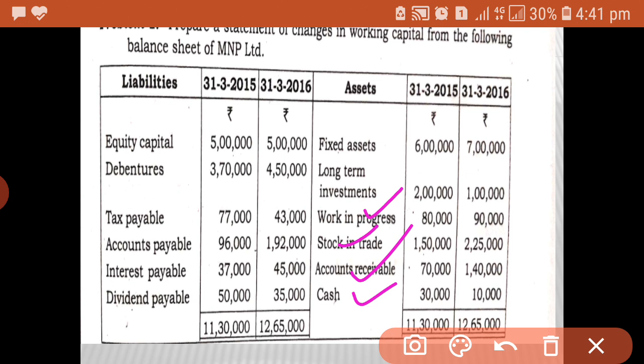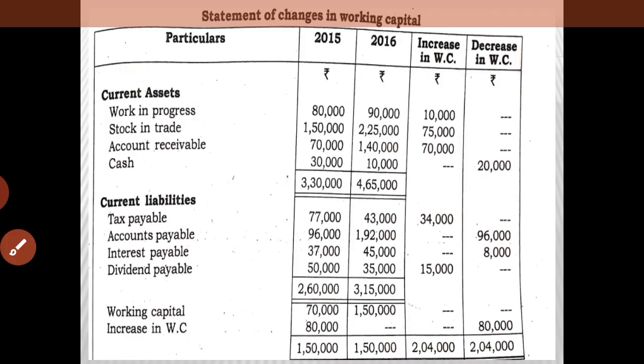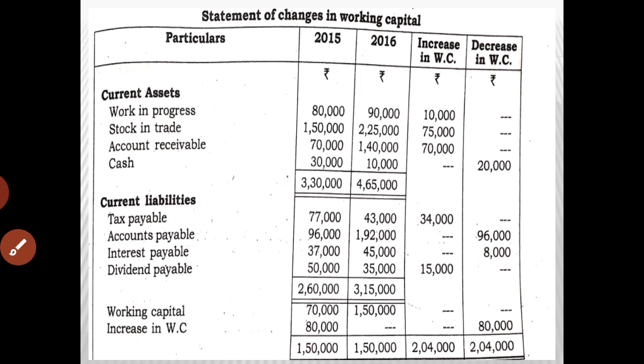In this type of schedule of changes in working capital problem, we can take it as current liability and give a note at the end of the solution that these items are taken as current. If you give a note, there is no problem. Now we will take it as a current liability: tax payable, accounts payable (creditors), interest payable, dividend payable. We are taking 4 current assets and 4 current liabilities. In the case of tax and dividend, you have to give a note that both these items are taken as current liabilities. Then the solution goes just like this.